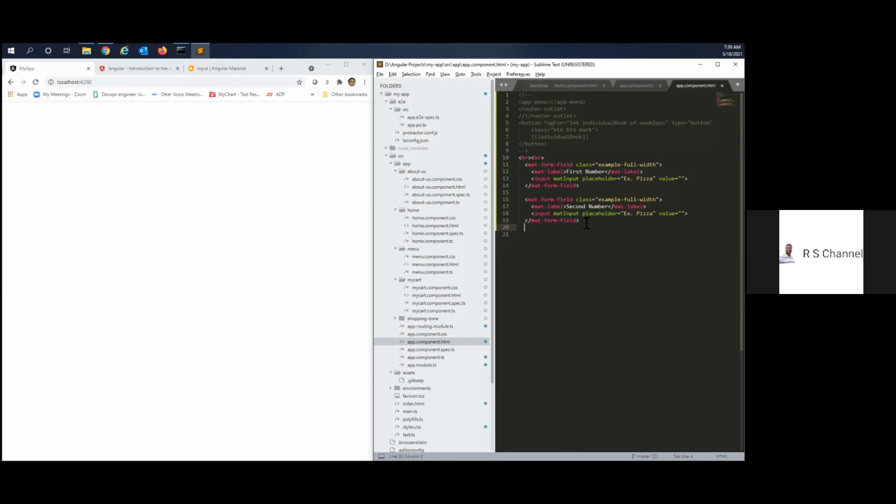Just give a button tag. Give a text like add. That's all. Save and see.